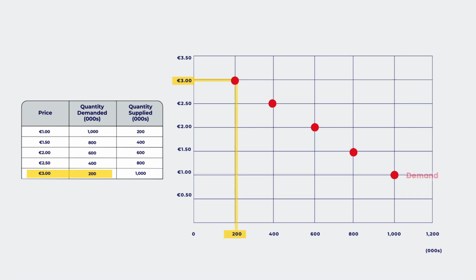So when priced at €3, the quantity demanded of the cereal was 200. Now that we have all these points plotted on our graph, we'll draw a line through them and write what this line represents, which is the demand line. It's a good idea to do these in different colours too, so you won't get confused when you're plotting the